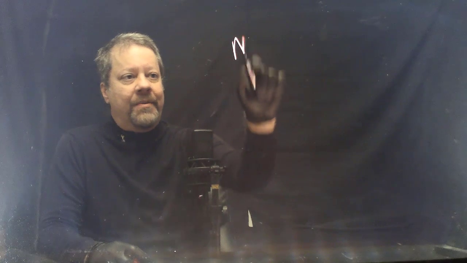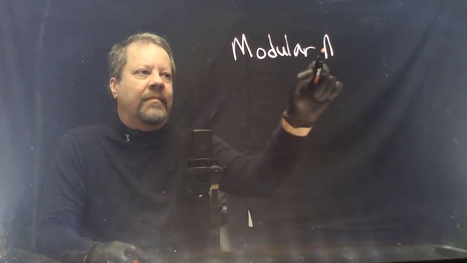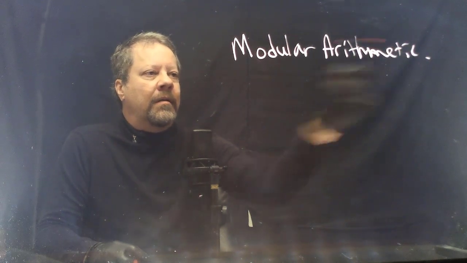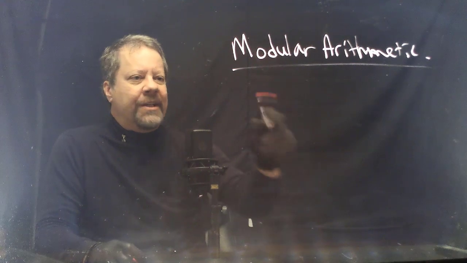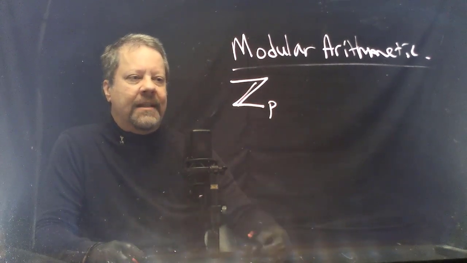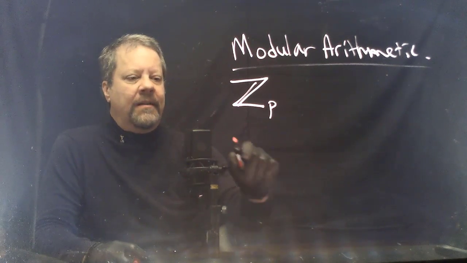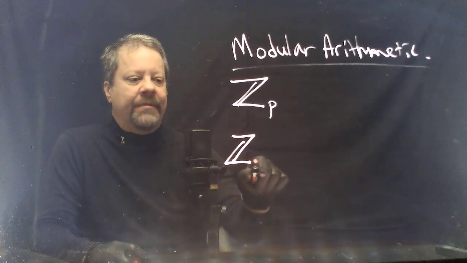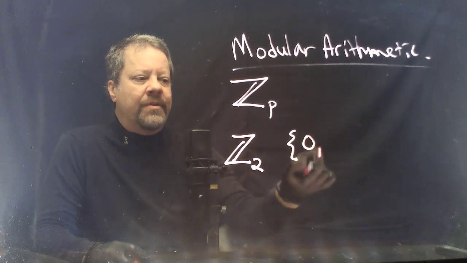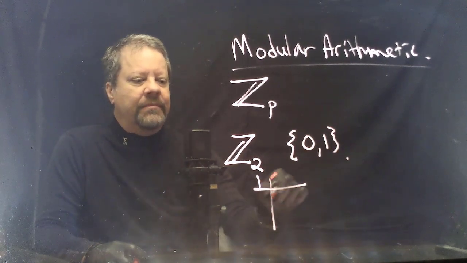I wanted to give you an introduction to something called modular arithmetic. And in particular, ultimately, I want to describe something called Z sub p, where p is some natural number. Let's look at a specific example, Z2. Z2 has only two numbers, 0 and 1. The addition table